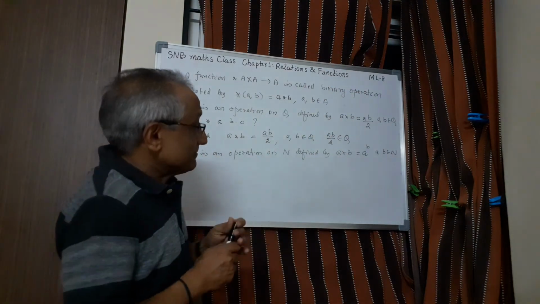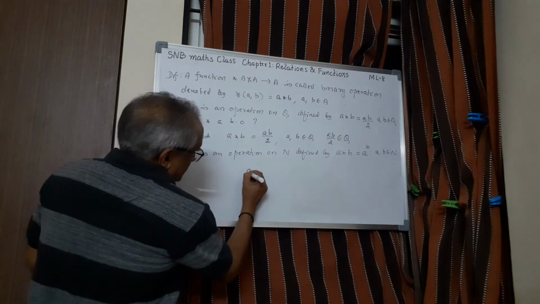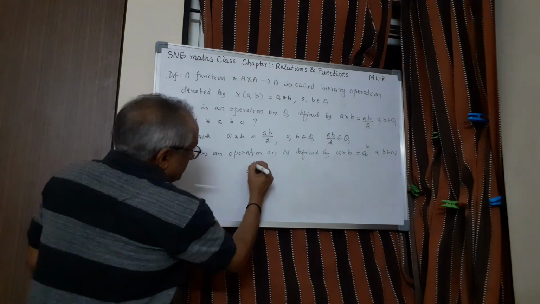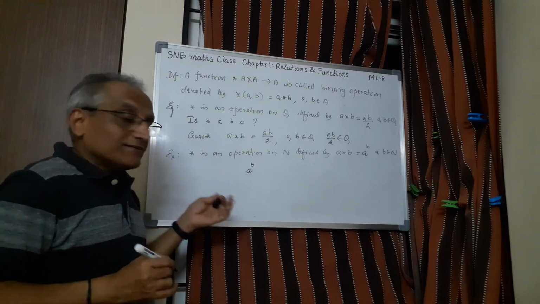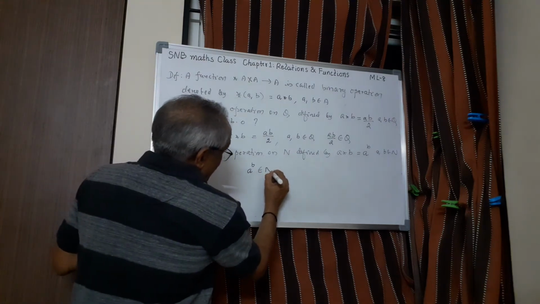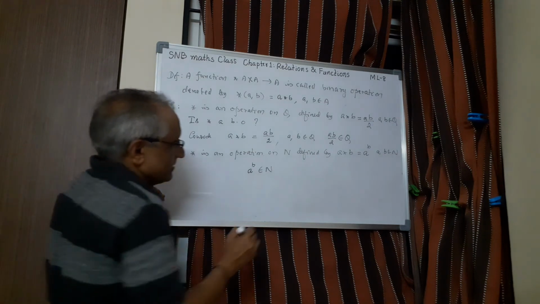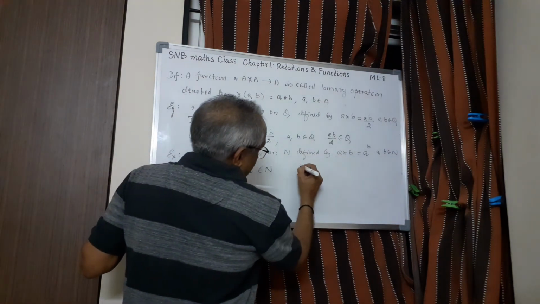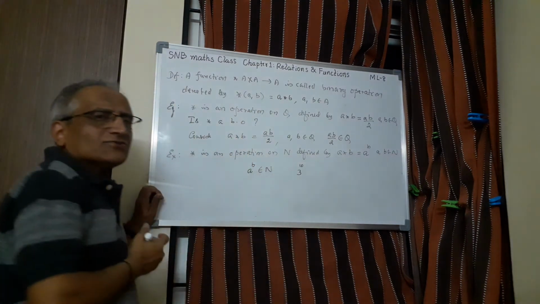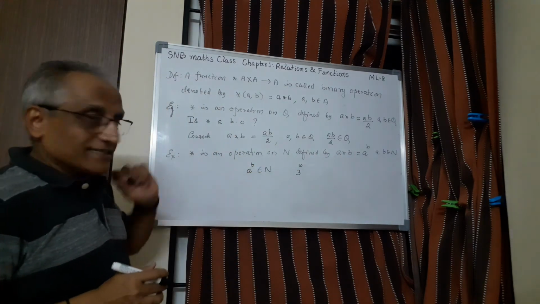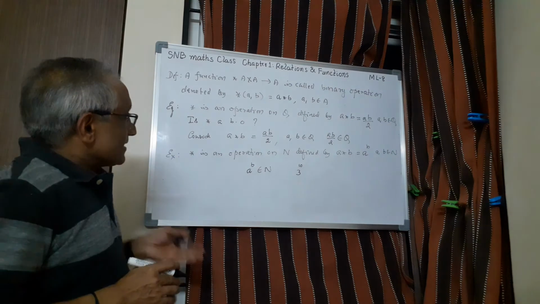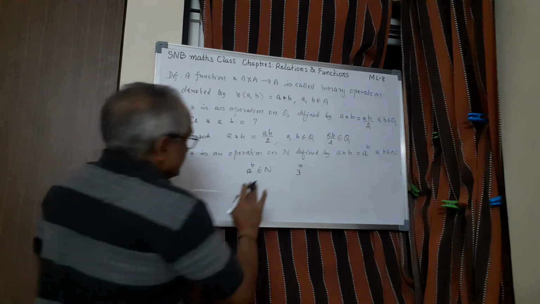Definitely it is in N, because you take any natural number a to the power another natural number b, the number may be very very large, but this belongs to N only. Say for example 3 to the power 10. So it is a natural number, because a natural number contains only positive integers. Now I will change the same question.